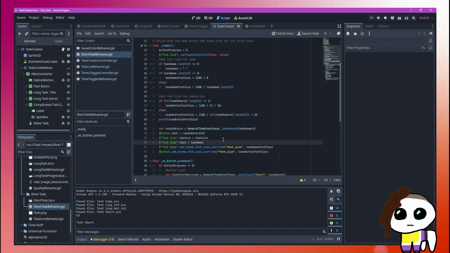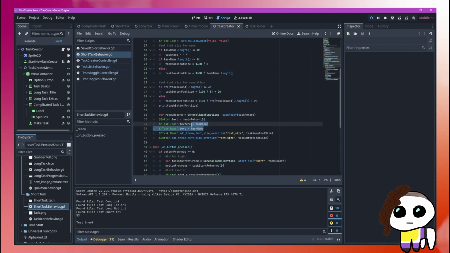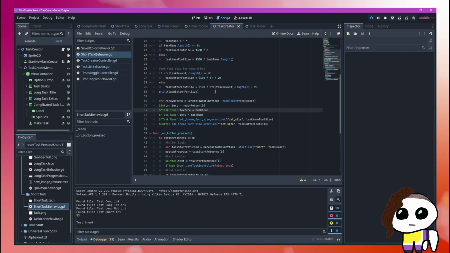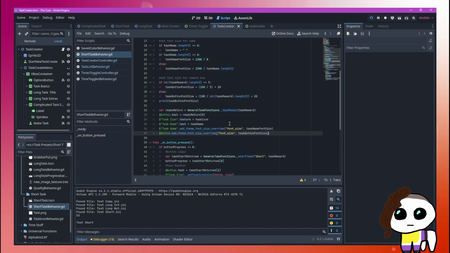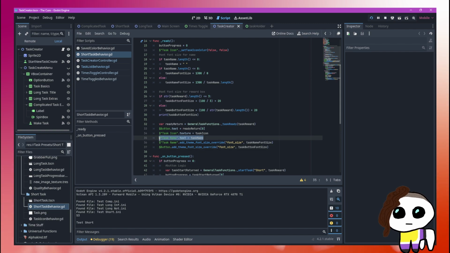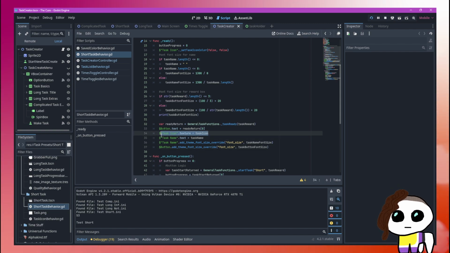Yeah, because this is setting it. Okay. So what I need to do is set up information, because this is happening at ready. I need it so that this stuff doesn't happen at ready. It happens when I want it to, which is